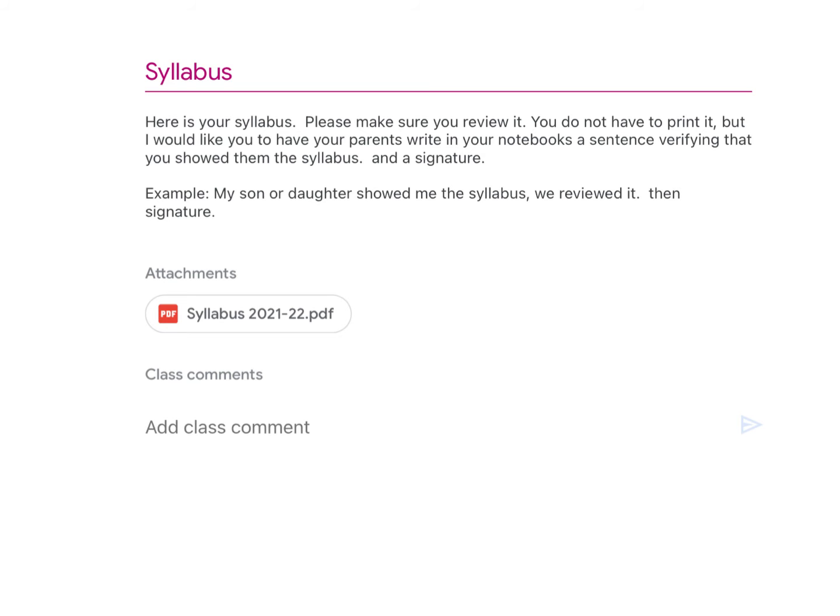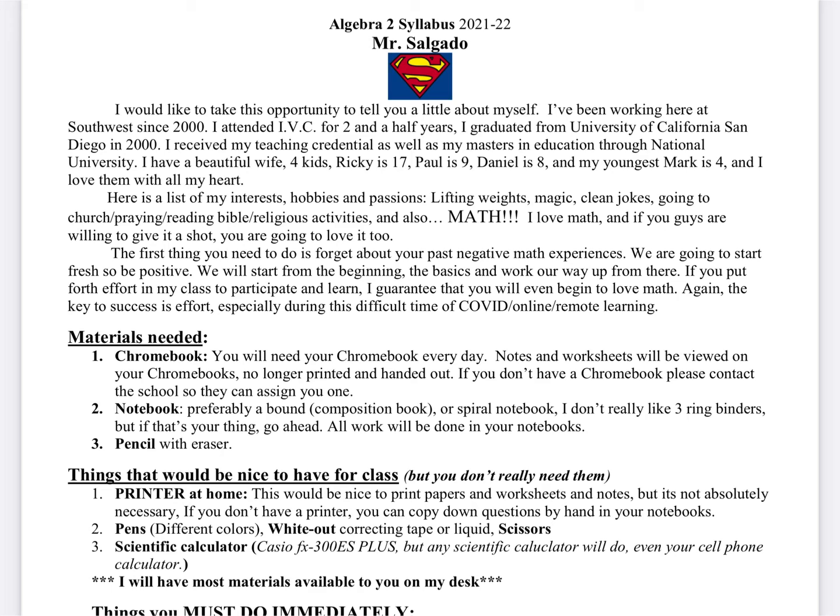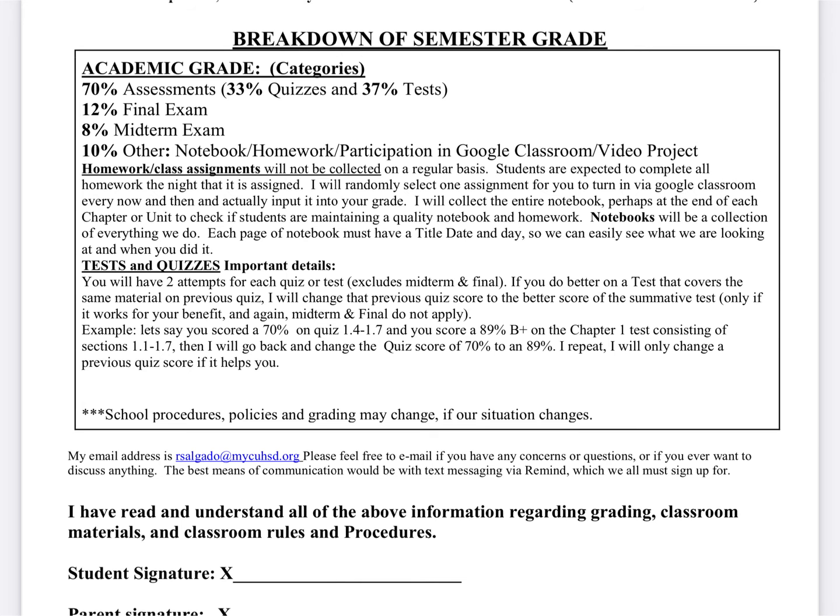and let's click on that syllabus, and you will see this syllabus page, and you click on this PDF. And of course, we have the syllabus, which your son or daughter should have already shown you. But let's jump to the second page of the syllabus, which has to do with the breakdown of the semester grade. So the majority of the grade, 70%, comes from some type of assessment. 33% of the grade is calculated from the quizzes,